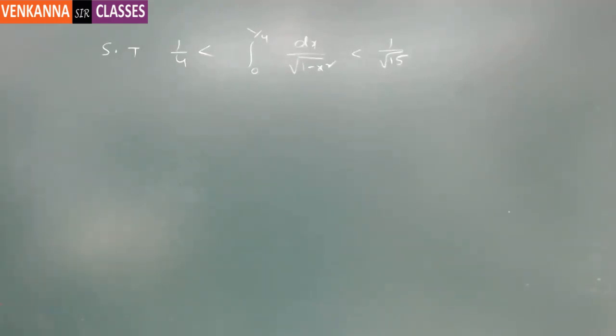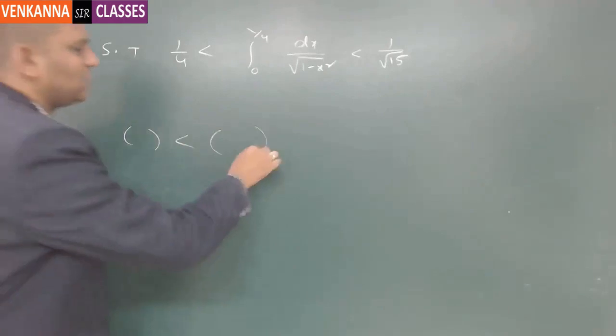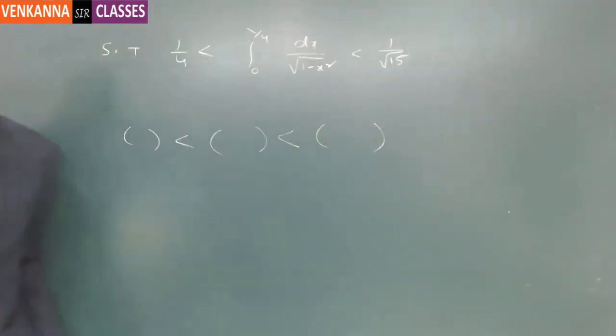And usually whenever there is an inequality, we will make use of Lagrange's mean value theorem earlier. There it won't contain any integral symbol. We just have an inequality involving some functions. So you have a function which is less than some value and which is less than some value. In such cases, by making use of Lagrange's mean value theorem, we deduce the inequality. Can you remember that procedure while doing mean value theorems under the derivative chapter?